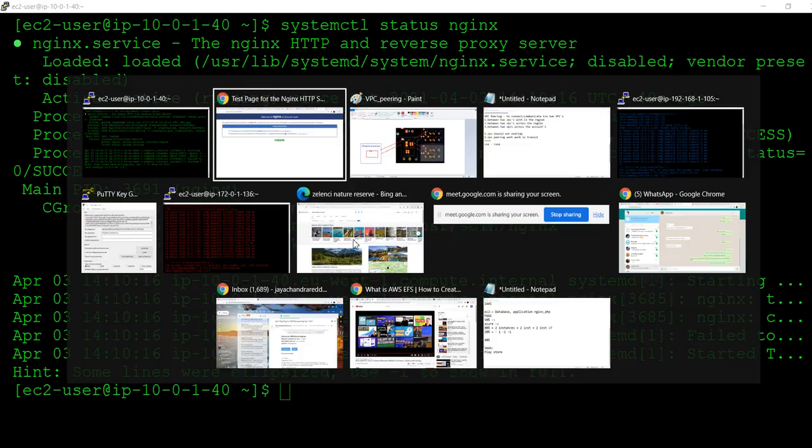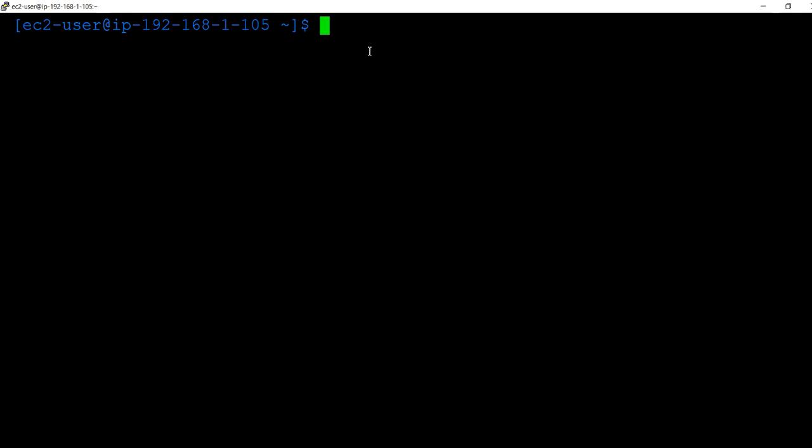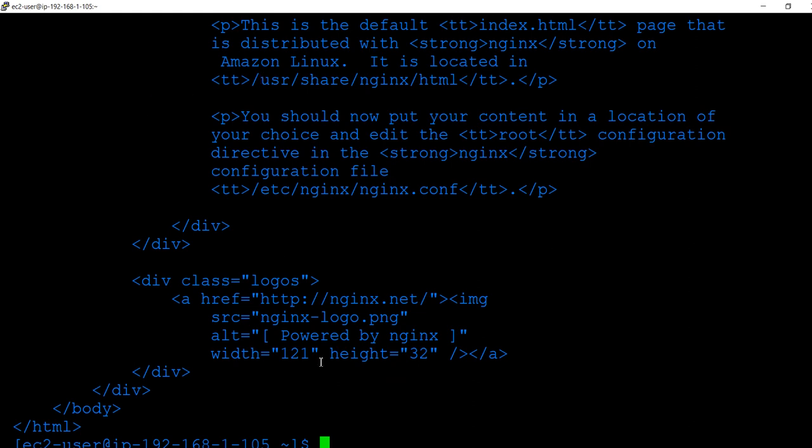This is running in the green VPC. Now you move to the blue VPC, which is running in a completely different region. Now you run curl http followed by the IP. If you press enter, you get the page content.